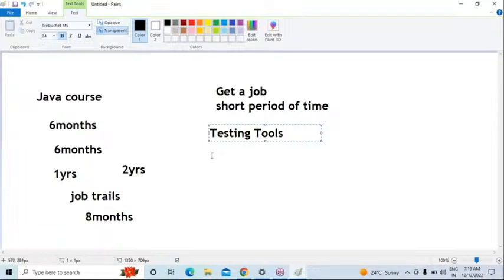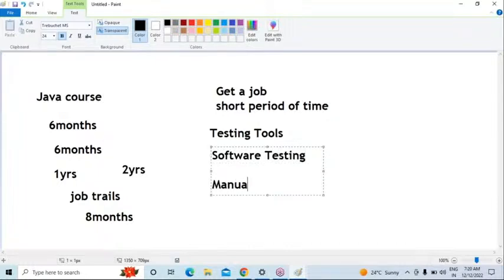Again, I already said that people call it software testing. In this software testing, we are discussing manual testing and